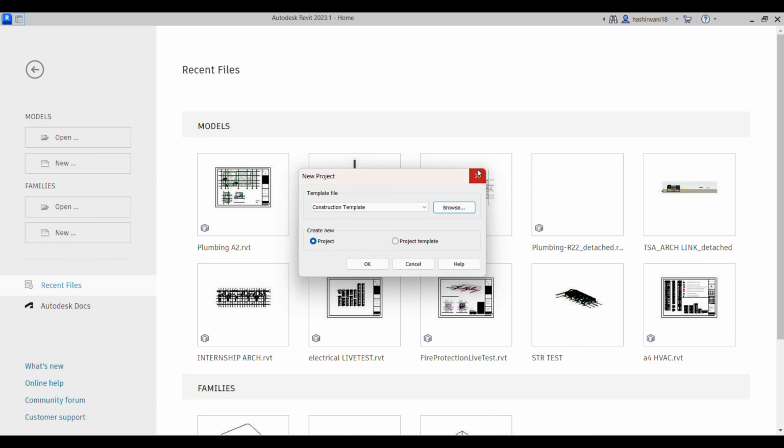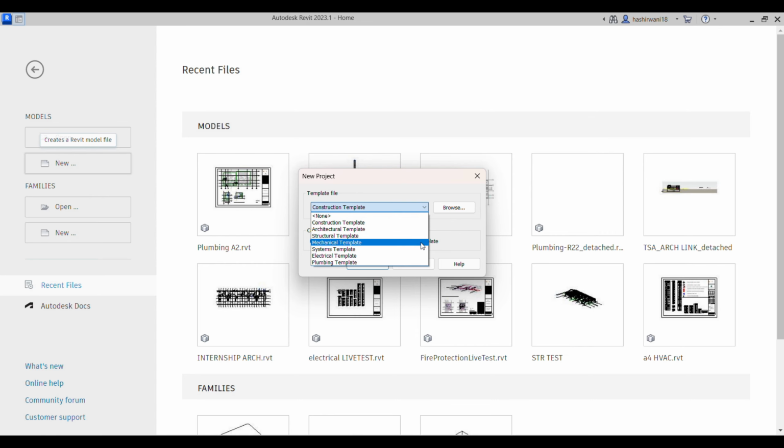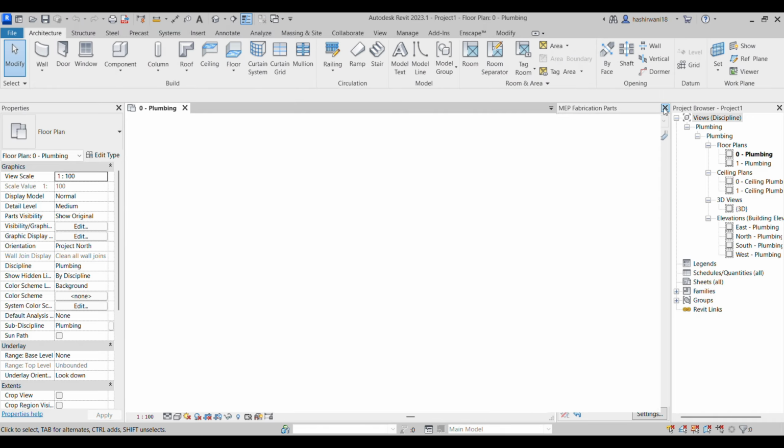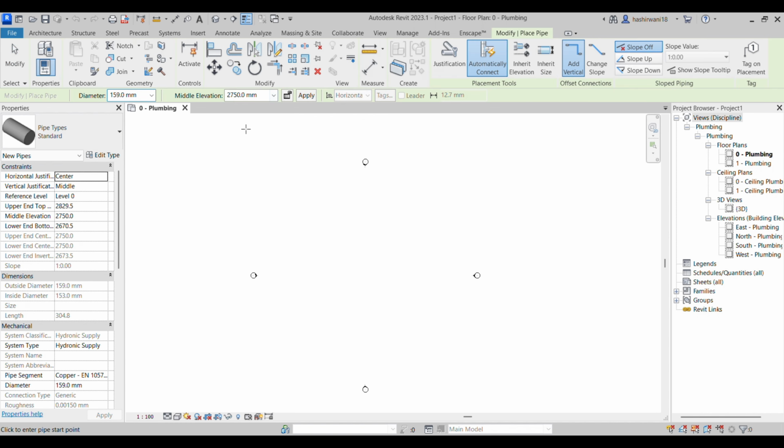I'll go back to my Revit, and I'll use the plumbing template. If we have a firefighting template, we may use that. Otherwise we can use the plumbing template and create from it. I'll open this plumbing template, turn off the fabrication parts for now, and if I go to the systems tab, can you see we have sprinkler systems here, we have sprinklers, and if I go down here we have the plumbing feature. Okay, so I'll just go here. You see we have a pipe here. So let us